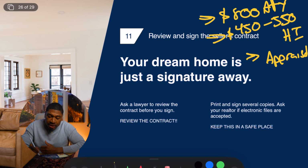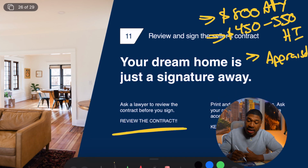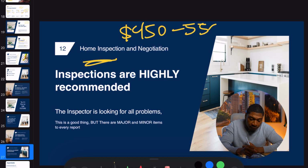So these are really going to be the steps you have when it comes to getting an offer, right? You see the house you like, you're going to place the offer in. The second step is winning that offer or getting that signed contract from the seller. Again, you're going to review that contract with the attorney. That attorney is going to be $800. The next step is going to be getting our home inspection done. Again, that home inspection is going to be $450 all the way up until $550,